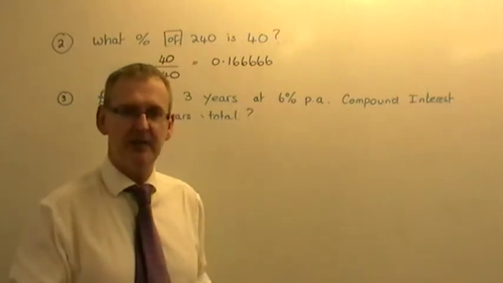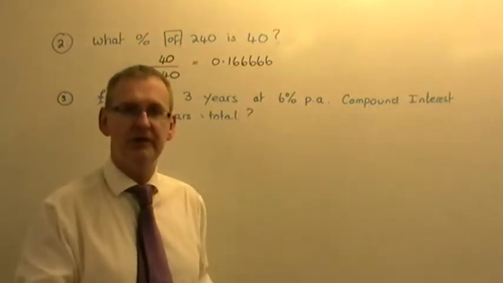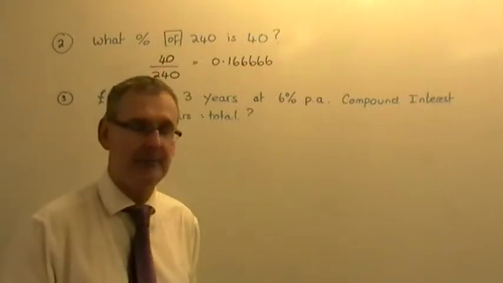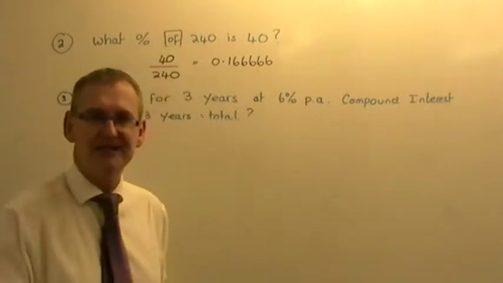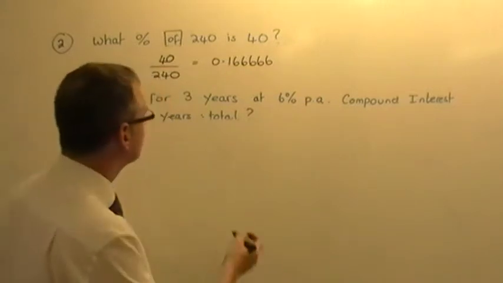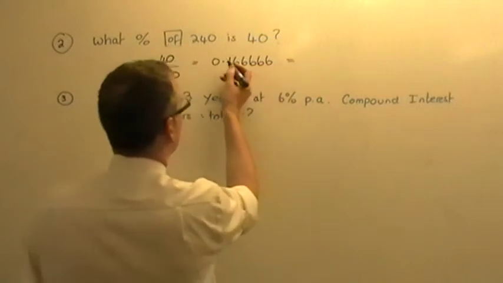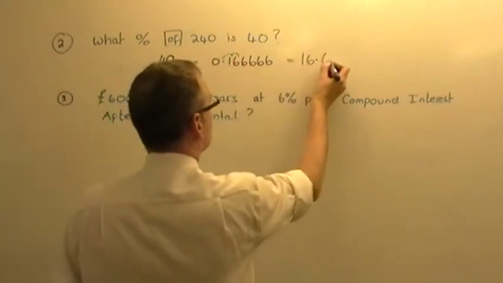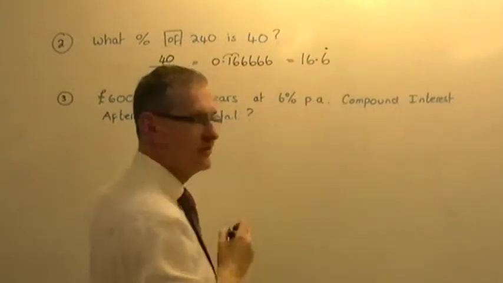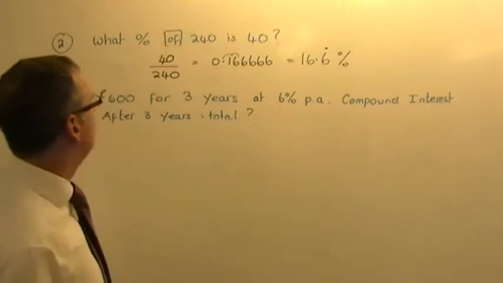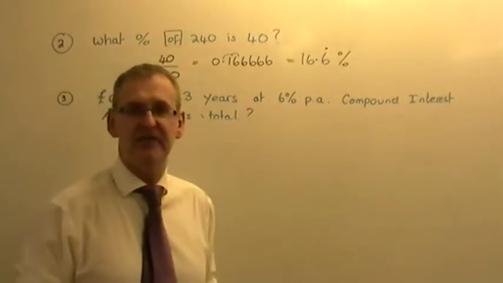To turn a decimal into a percentage, all you've got to do is multiply by 100. So for example, 0.32 times 100, you'll get 32%. So in this case, times that by 100, move the point 2 places, you'll get 16.66666, which I'll put as a dot above it, percent. So there you go. What percentage of 240 is 40? It's